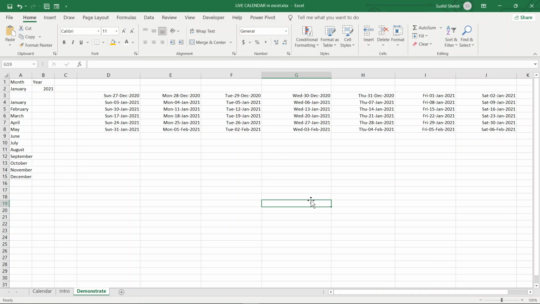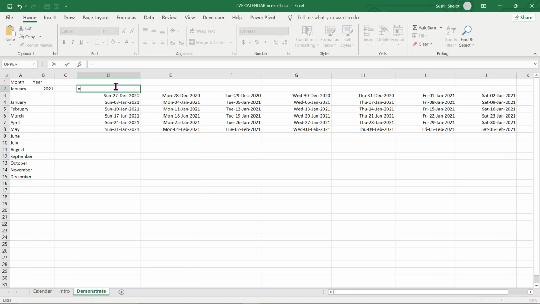But I want the titles over here as the weekdays. So how do I do that? Well, now what I'm going to do here is use the function SWITCH. I have already explained in the video for this function how the SWITCH function can be worked upon. So I'm going to use the WEEKDAY function here, and the weekday here is going to be the weekday of D3, close parenthesis, comma. So the first day here is Monday and the seventh day is Sunday. Well, so I'm going to start here from 1, comma